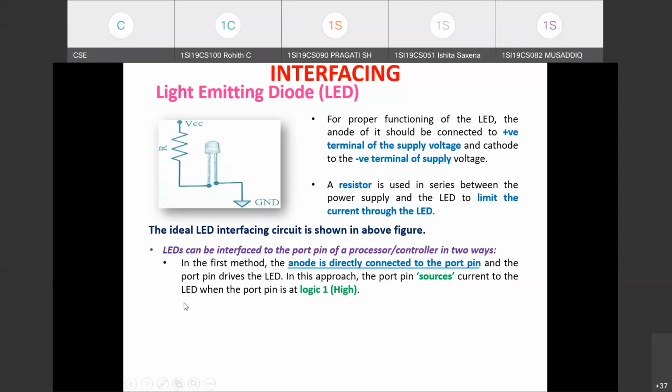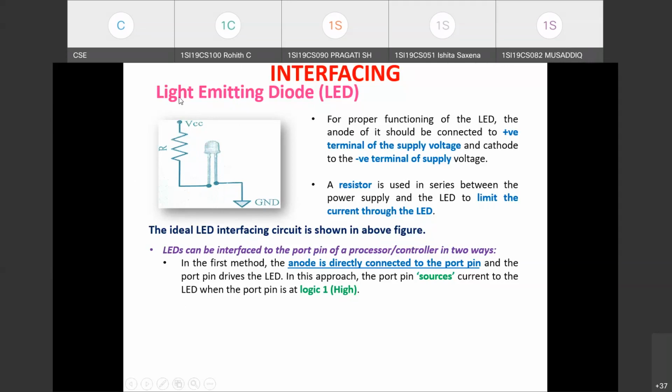So one method is connecting the anode of the LED to the port pin. This is one method of interfacing an LED to the microcontroller. When will the LED be turned on?